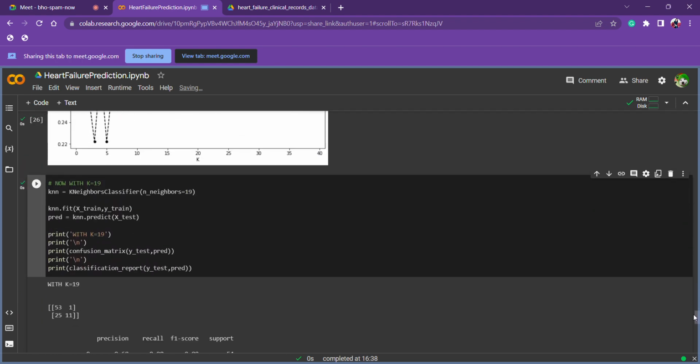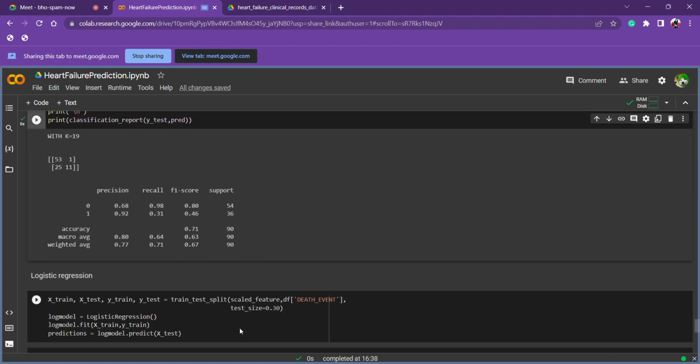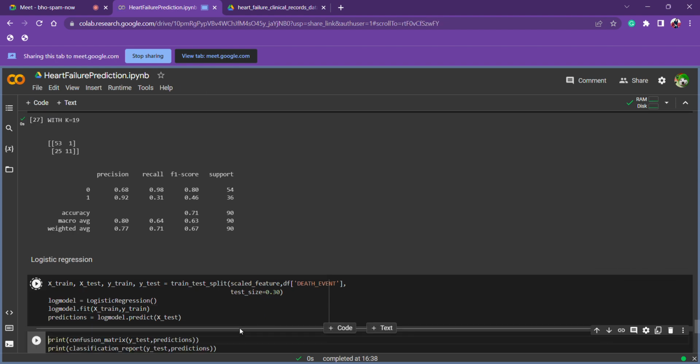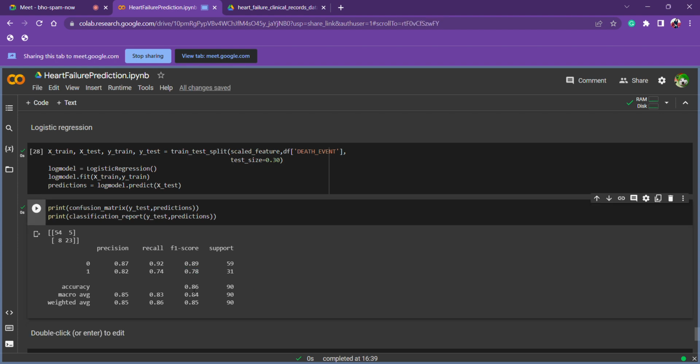Then moving on to the logistic regression. We have again split our data set into X and Y, X train, Y train, X test, Y test, with testing size 0.30, again 30%. We have applied and predicted, and finally we have printed the confusion matrix. So this is the F1 score, 0.78, whereas, as you can see, the accuracy has been increased to 0.86,